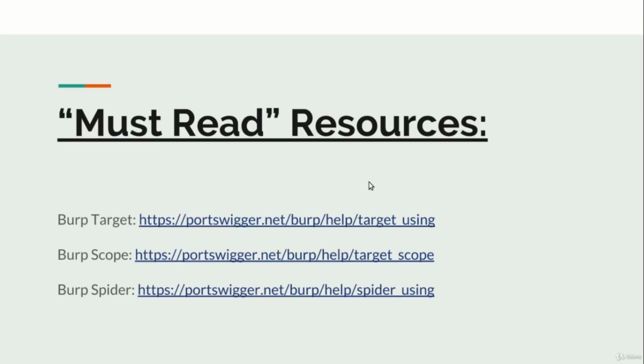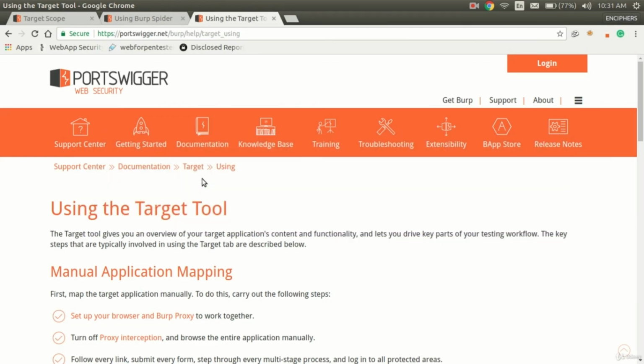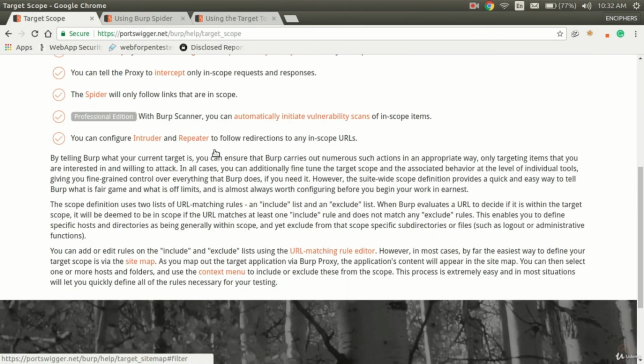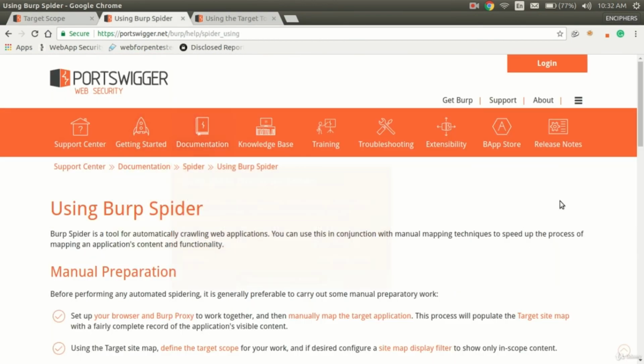And these are some of the must read sources. As you already know, Burp Suite is taken care of by a company called PortSwigger. They manage it. So this is their official website. Wait, I will show you. See, all the things which I told you have been written here in normal text.